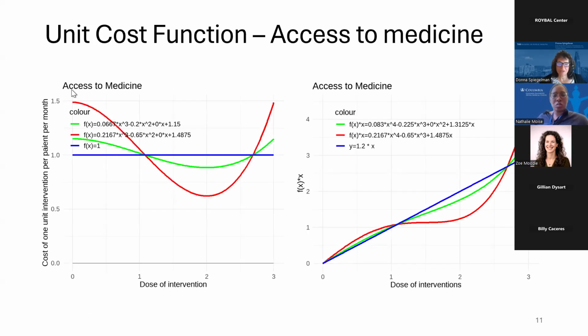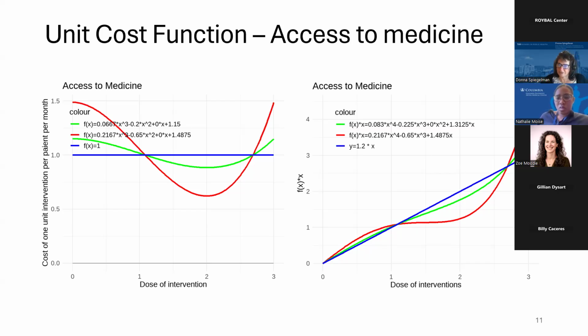And then the next thing we have to specify is something about the cost function. One idea is that it costs the same no matter how many people are getting it or how much of it is being done versus how little. But I think in economics, there are these ideas of economy of scale, and also things being more costly when only a little bit of something is being done. So we decided that it did make sense to take into account at least a little bit of these subtleties